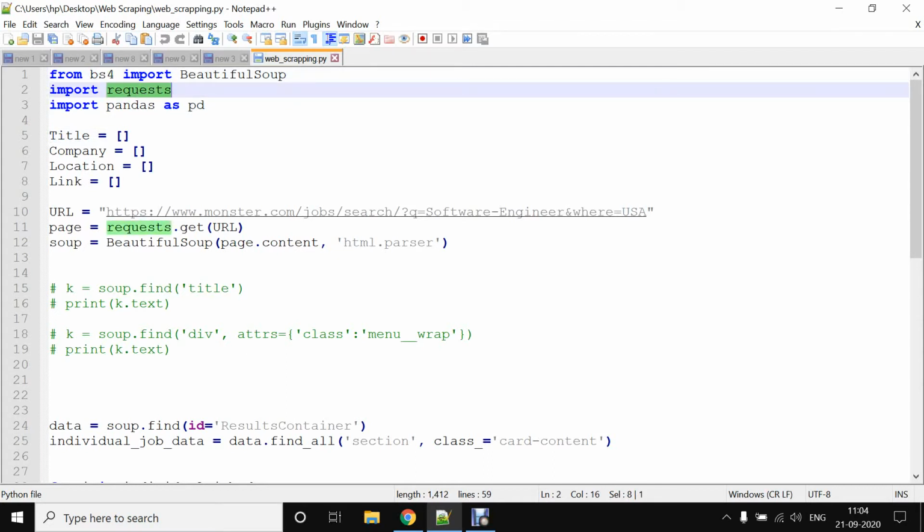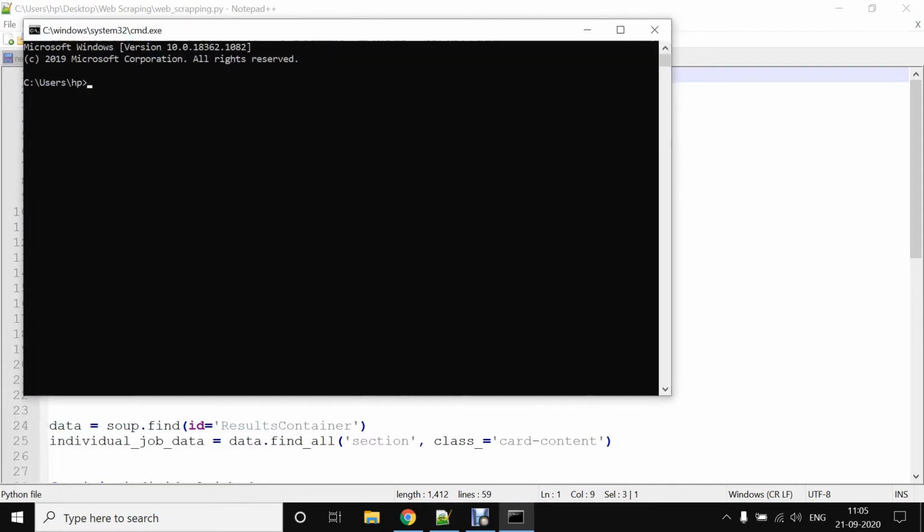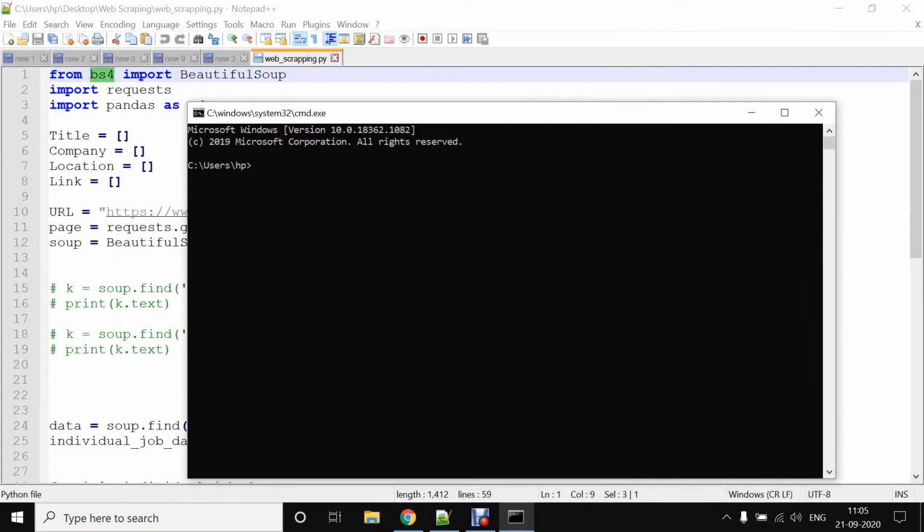The requests package is used to fetch data from a web page and bring it into a Python object. All data that is available on the web page is fetched using that package. We will be fetching all the data to our local system or whatever system we are using, and that will be converted into a Python object. For that you need to install these two packages for web scraping. I hope you all already have Python installed on your system.